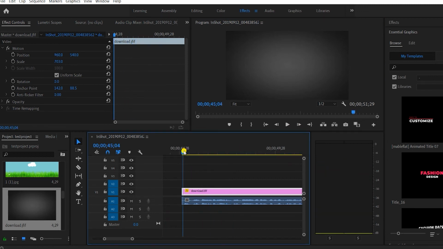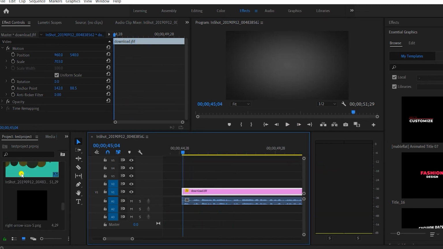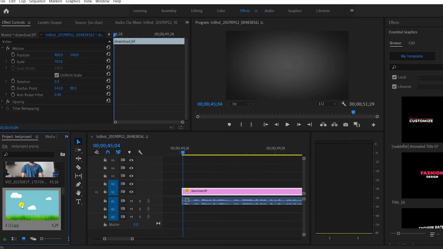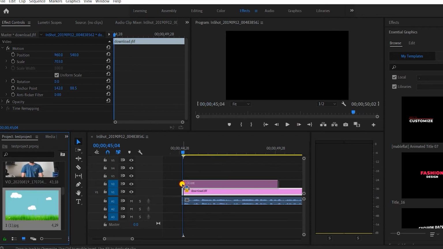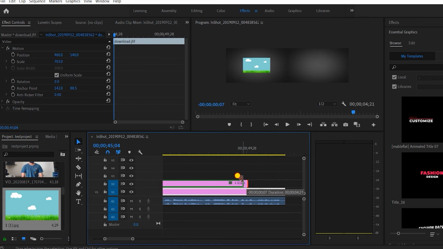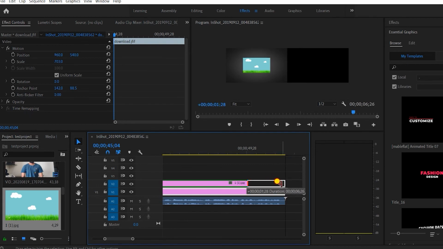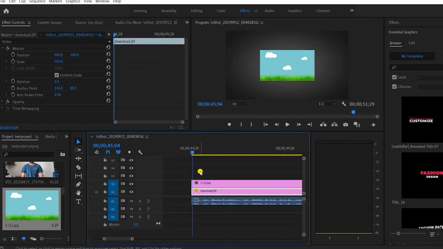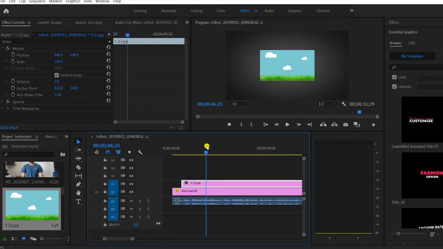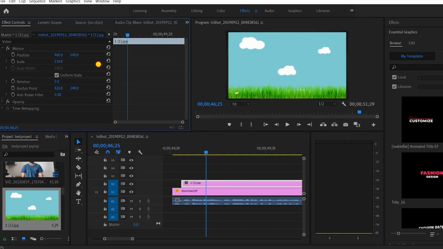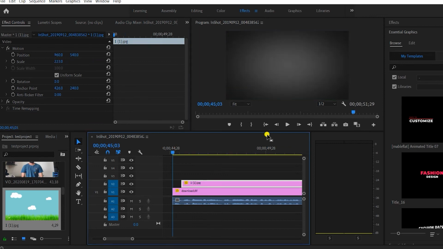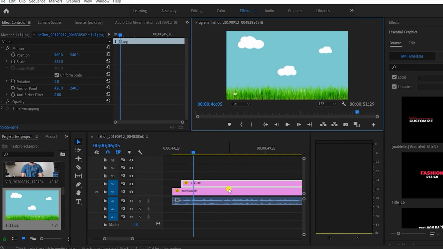But we also need a creative background. We are going to place this background over here. Again, hold and drag it on the timeline. This is your video 2, and again drag it till it reaches the same duration as the other video clip. And again, the scale of this image is short, so we'll click on this image and through the scale tool we'll increase the scale so that it fits the frame. So now we have a background and we have the audio.